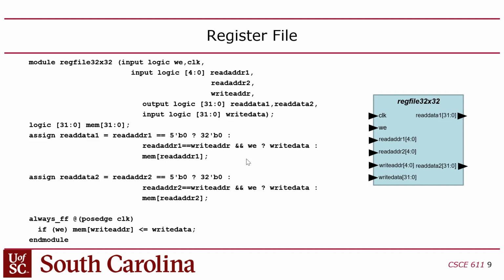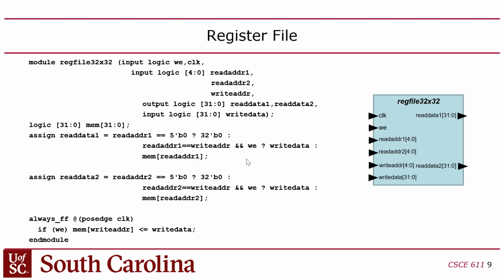Anyway, register 0 is a constant 0. So how do you implement that in Verilog? There's a few ways you can do it. I think the version of this that we give you in the skeleton actually does it a different way. The way I do it is I handle that in the read port. So I use a ternary statement. I say, if read address is 0, then just spit out 0. And that's done on both ports.